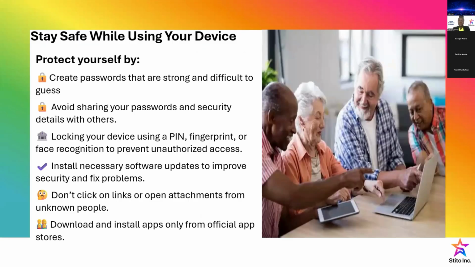Please, it's important to know that you need to stay safe. Continue to stay safe. I'm still emphasizing, just like from our previous class, stay safe using your devices. We are seniors, we are learners, we are improving, we are participating now more than before, and it's important to protect ourselves. If we avoid using all these gadgets completely, that doesn't still mean we are safe.